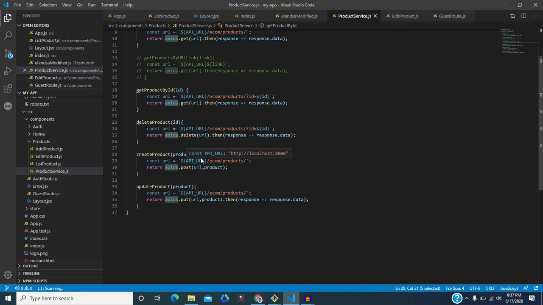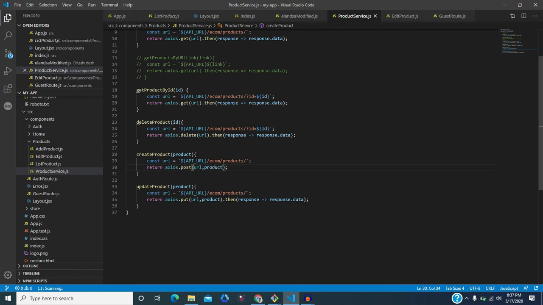For more information you can find the clear definition in the documentation of Axios. For the get request, delete request or post request, we are using a certain method. For example, for create product, we are passing certain product details in the form of JSON, and this will be passed to the post as post data.